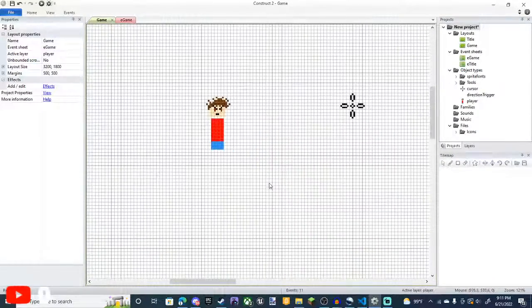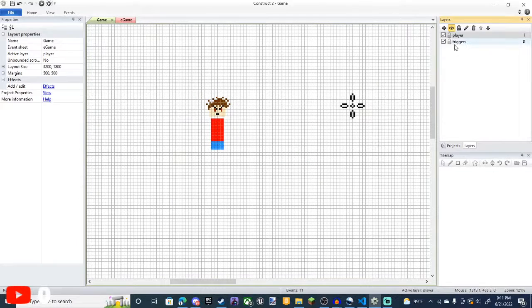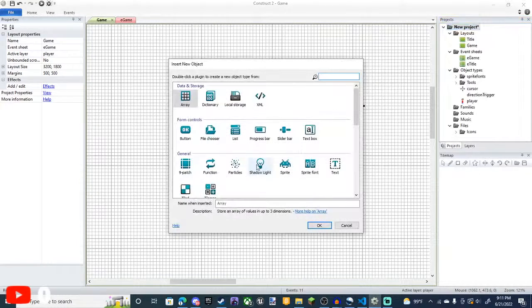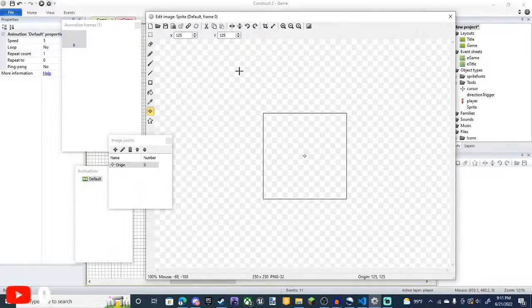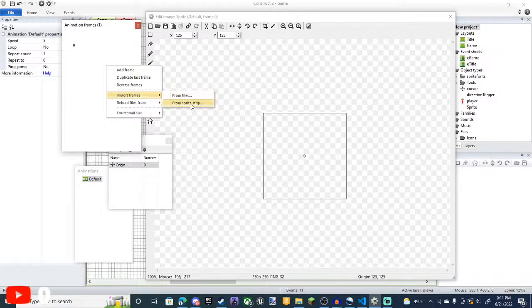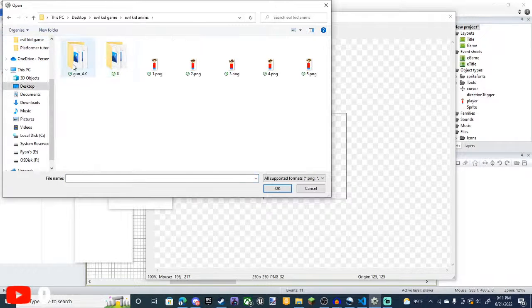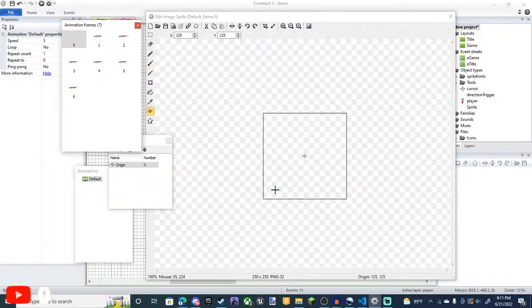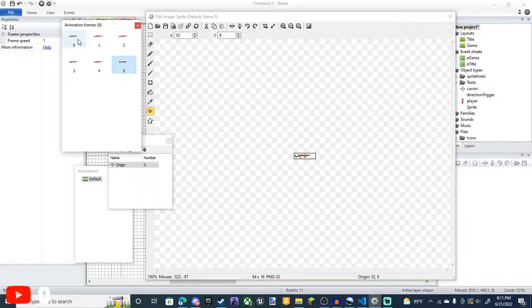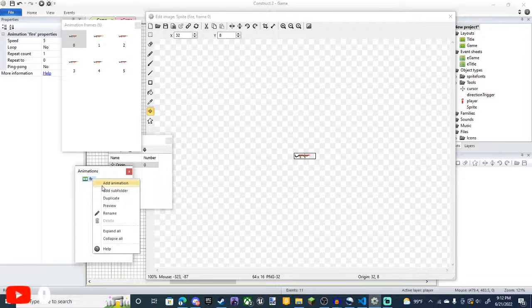We want to add the first gun. That's what I want to add. So I'm going to lock this trigger layer actually. So we're going to add a new sprite, and we're going to import frames from files. Again, we're going to be doing from here. We're just going to take all 6 of these frames, stick them in, and then delete this frame. So now we have all the gun frames. This is going to be fire. I also need idle,